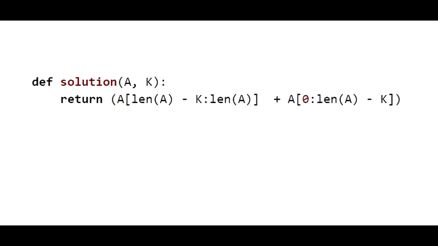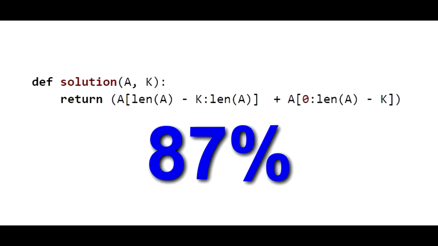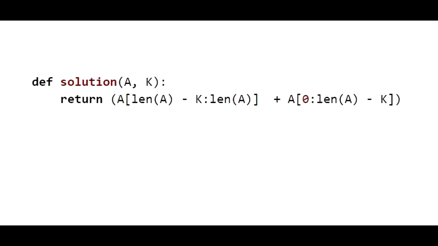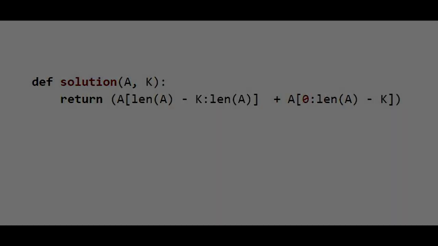This here is a very similar concept, chopping off the front of the list and then chopping off the back of a duplicate list and then concatenating them together. It gave me an 87% score because one of the test cases turned out a wrong answer, just one. Not bad for a one-liner.